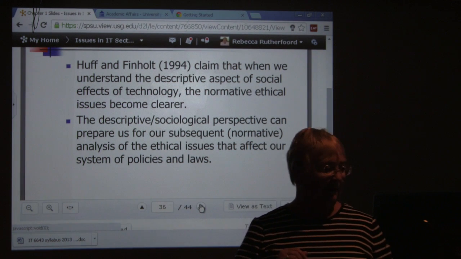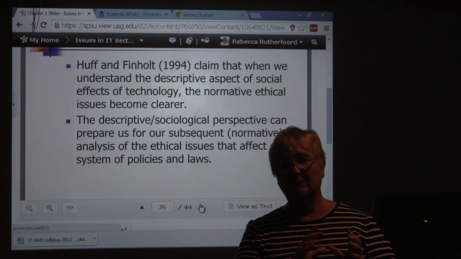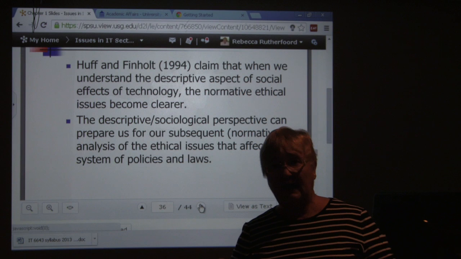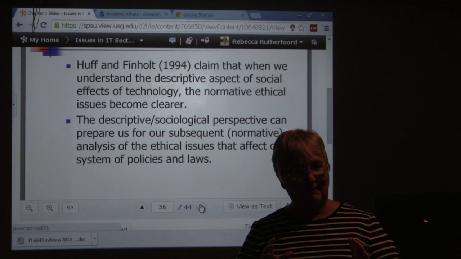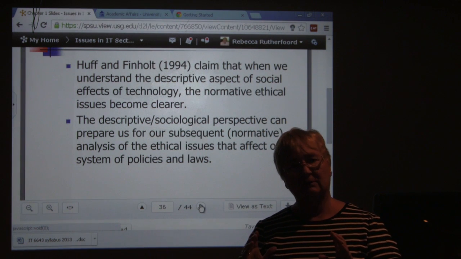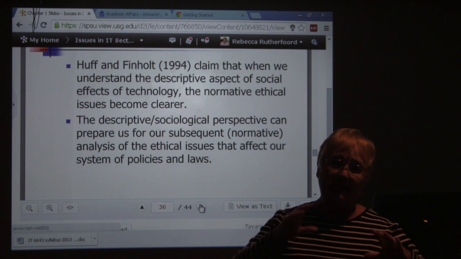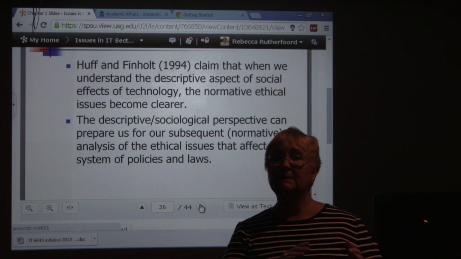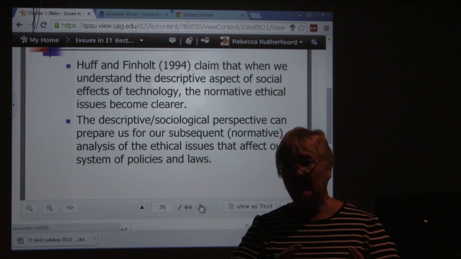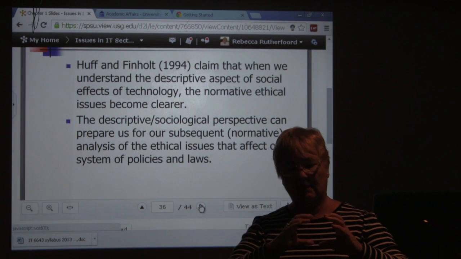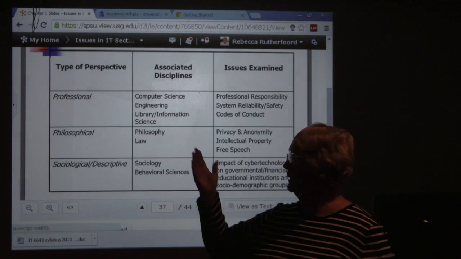Huff and Finholt basically say that we understand pretty well the descriptive nature of our problems. In other words, it was pretty easy to come up with what the actual problem was in the Lockheed case. But the normative side, especially bringing in the moral and ethical side, is more difficult. By understanding the problem and understanding the stakeholders, which is the sociological part of it as well, we can start looking at how the ethics play out in this issue. And so if we look at